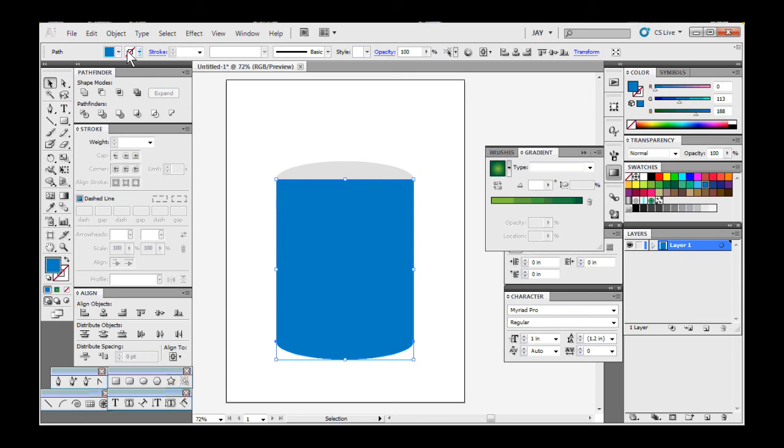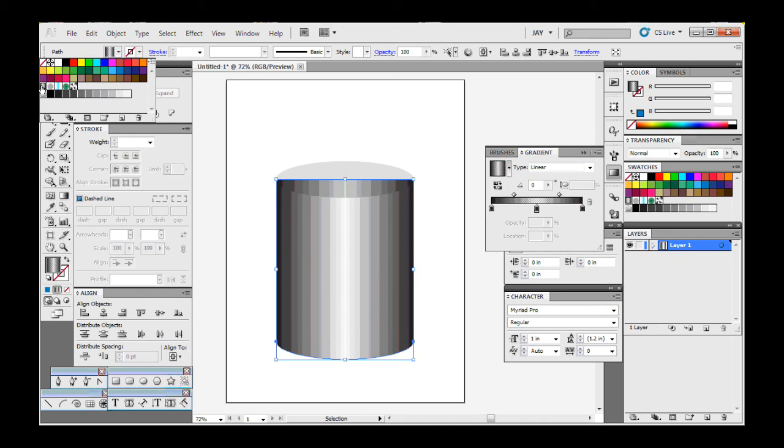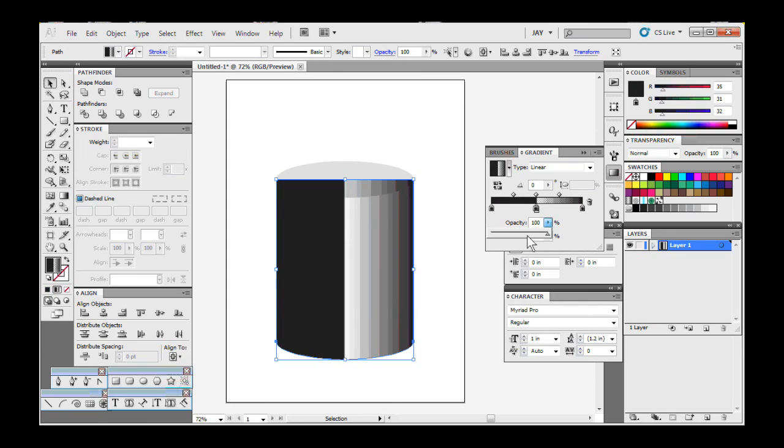Now for color, we're just gonna go with what they have in the pull-down menu. It has a very standard looking linear gradient, which is perfect for a can. Now, because we want the edges to be a little bit different from the middle, right now the middle is transparent. You can see opacity is 0. So we want to increase that to 100,